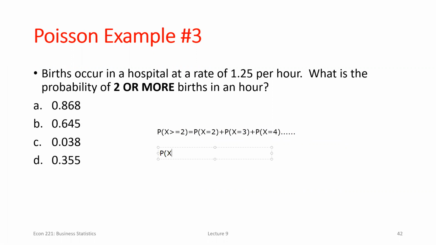If we think about the probability that x is greater than or equal to 2, that's going to be equal to 1 minus its complement, right? So what would the complement of x being greater than or equal to 2 be? Well, that's just that x is less than 2. What are the only outcomes that fit this criteria? If x has to be less than 2, x could only be 1,